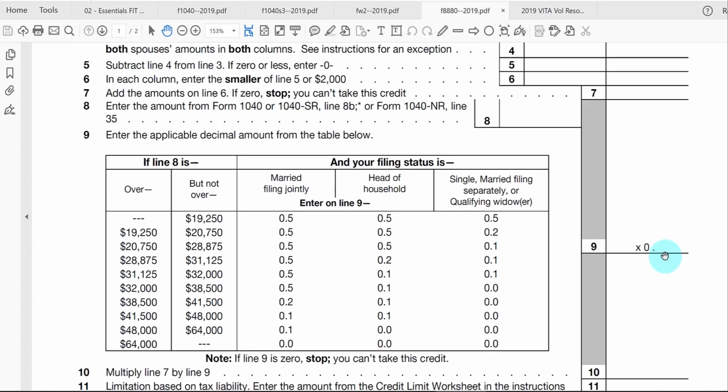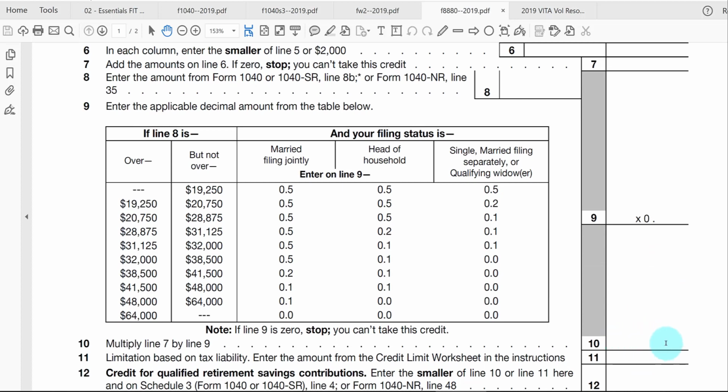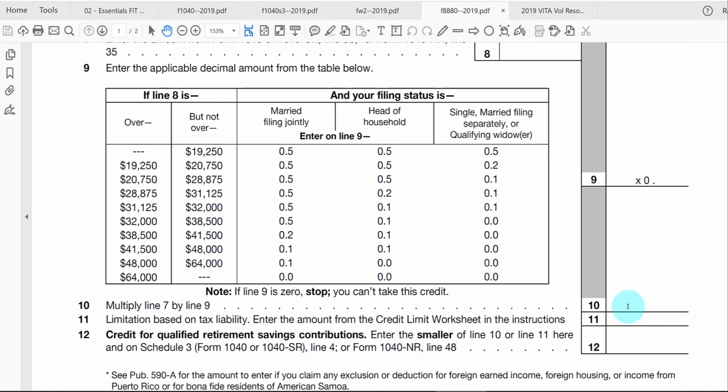Okay, so we multiply it out to give us a tentative credit here in line 10. But because these credits are the non-refundable type, here it says to look at the worksheet and reduce the tax liability by the previous credits we've been working with to get to some kind of limit. And then our retirement savings contribution credit will be limited to that amount right here. Any excess will be wasted. Yeah. So we carry that line